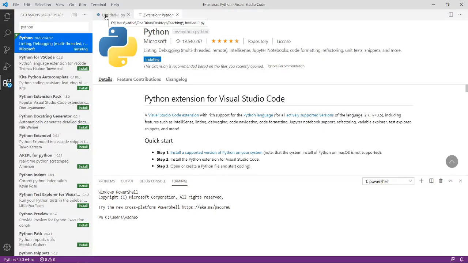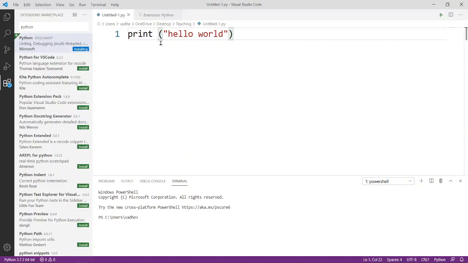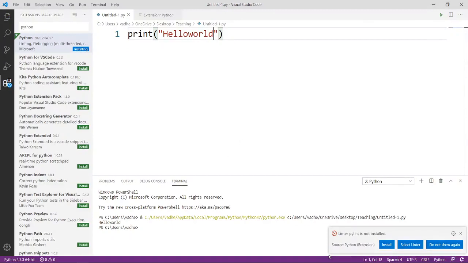For that, write a statement like print hello world, and run Python file in terminal. If you click on that, you will get the output, which means Python is properly installed on your system.